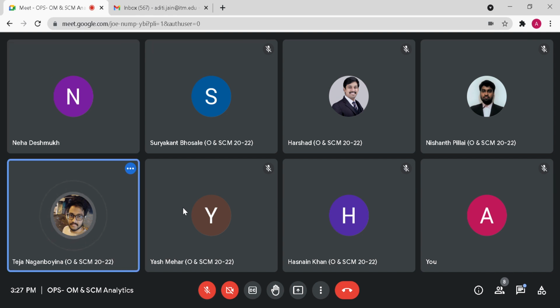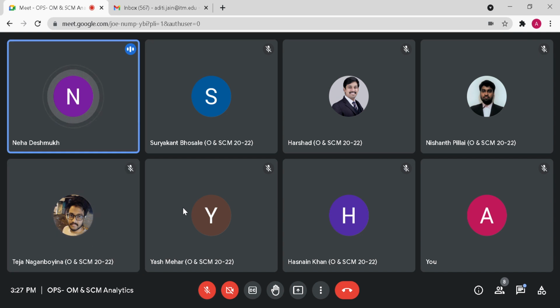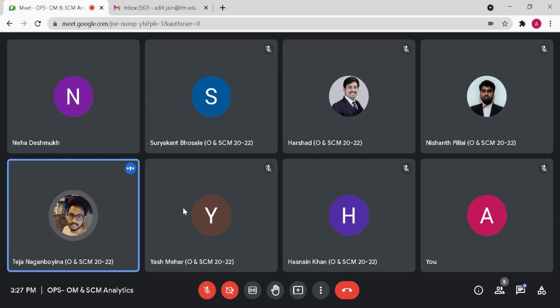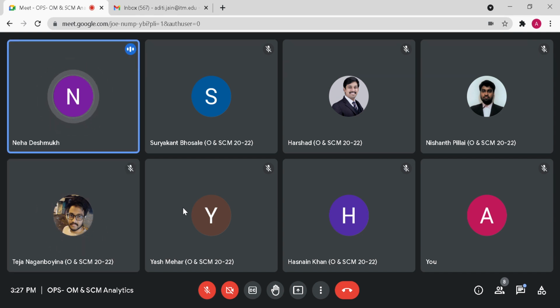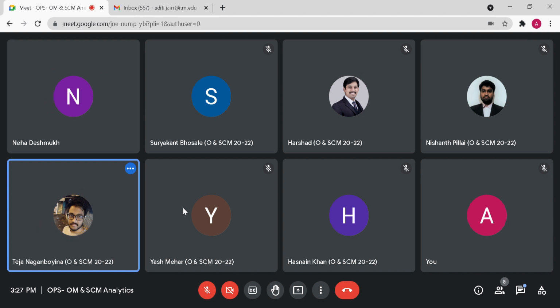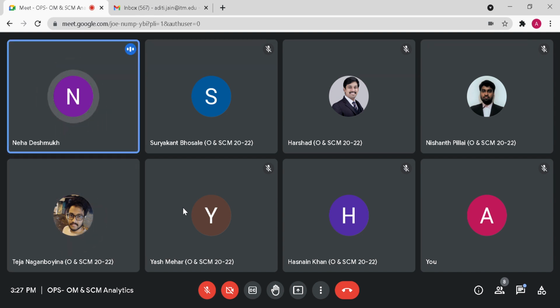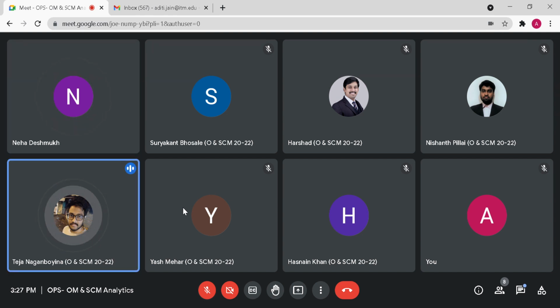Ma'am, this damping factor range, how can we define? What is its concept? From 0.1 to 1. Why are we taking that range only? Is there any specific reason? Because we are calculating the smoothing with respect to 100%. We can't smooth completely 100%, then it will be a straight line. So the range is between 0.1 and 0.99. Ma'am, you said 100% is the upper limit, so we can go till 0.99, right? Yes, 0.9. Okay.